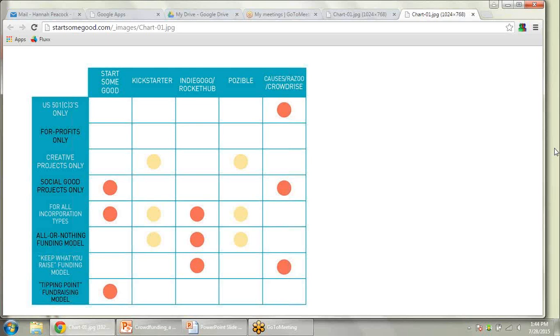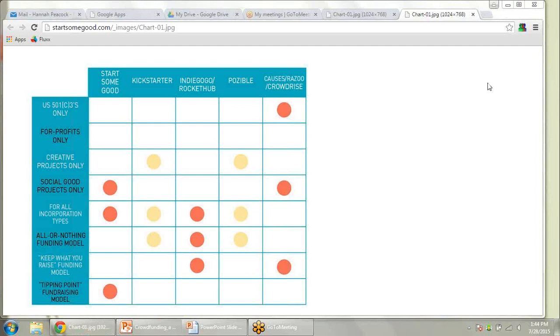So it's very important that sometimes you may want to look at these models based on how you want to draw money down. So, for instance, Bruce, you're saying that if you go to Kickstarter, in order to start a crowdfunding program there, you have to set a target, say $10,000. That's right. And if you raise only $7,000, you don't get any of it. And all the money goes back to the donors.